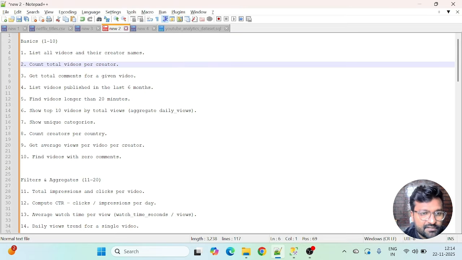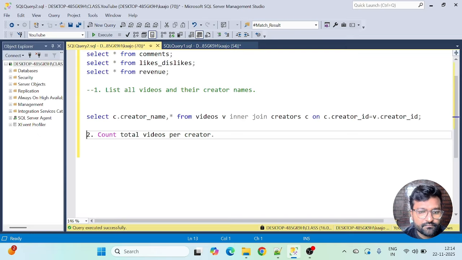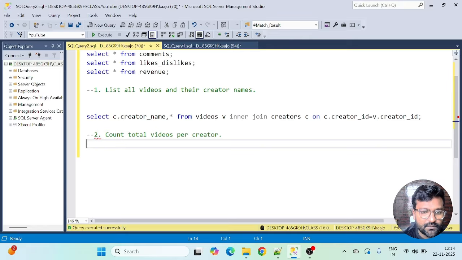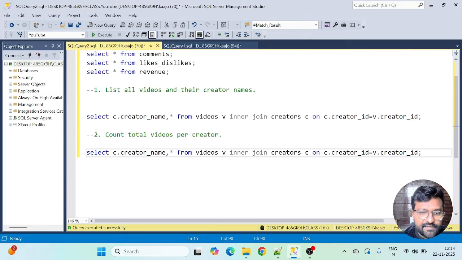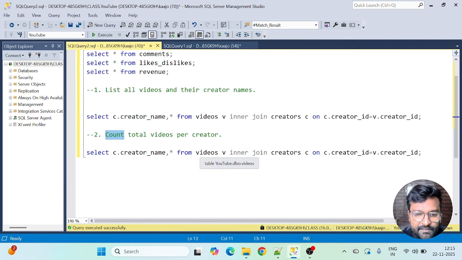The second question is count total videos per creator. So let me copy this query. Now, when they say that we have to count total videos per creator, whenever we hear this word count, that means count is an aggregate function in SQL, right? And we have to print out the total number of videos created by all the creators.